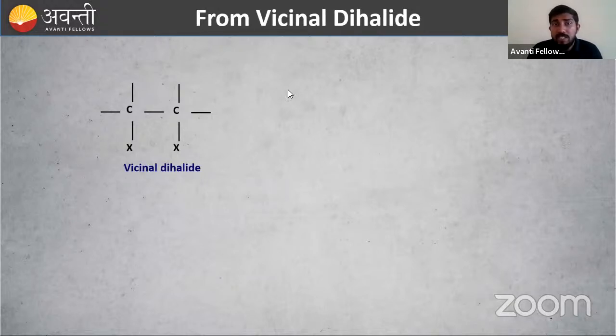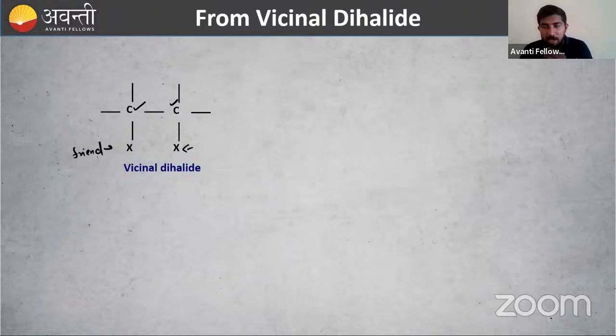Then what is happening here? Vicinal dihalide. So look at here. This is your mother. This is your friend's mother, your neighbor. Then this is you, then this is your friend. If the halogen is attached to an adjacent carbon atom, first halogen to this carbon, then this is your mother, this is you, your friend, then his mother, then that is known as vicinal dihalide.